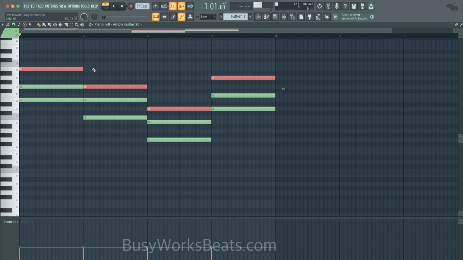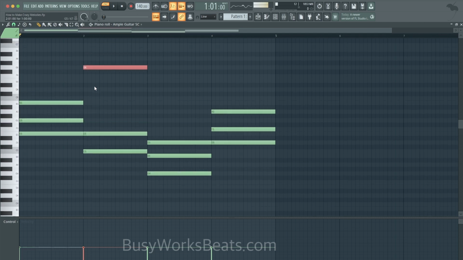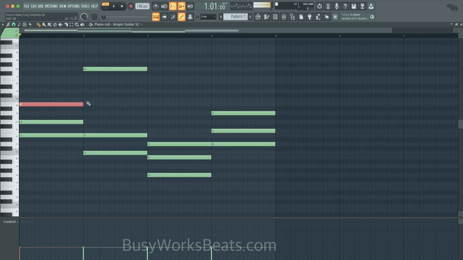So here we have B to G. And remember, we're really listening to these top notes. So what happens if I pull G up an octave? You have 0, 1, 2, 3, 4, 5, 6, 7, 8. That's 8 notes away. And then from G to B, you have 0, 1, 2, 3, 4. That's a major third of an interval difference.